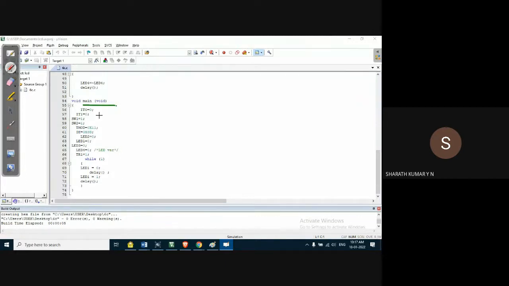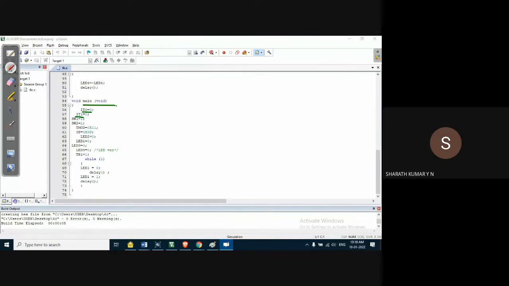Main program, initialize. The significance of IT0 and IT1 is that this should be edge triggered. We know that in a microcontroller we can generate the interrupt either in edge triggered method or what is known as level triggered method.